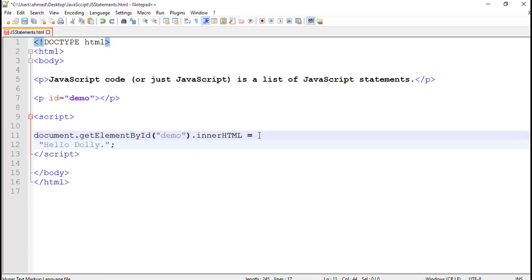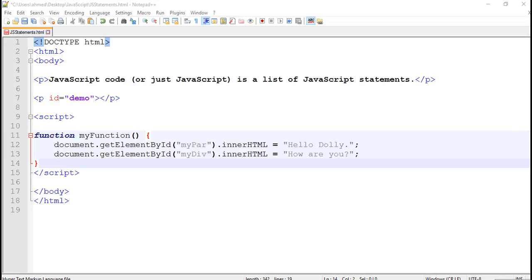Another quick concept I want to talk about is that JavaScript statements can be grouped together in code blocks inside curly braces. The purpose of a code block is to define statements to be executed together. One place you will find statements grouped together in a block is in a JavaScript function. What I am trying to say is, a function contains many instructions, and in the end the function returns and tells us its main functionality.